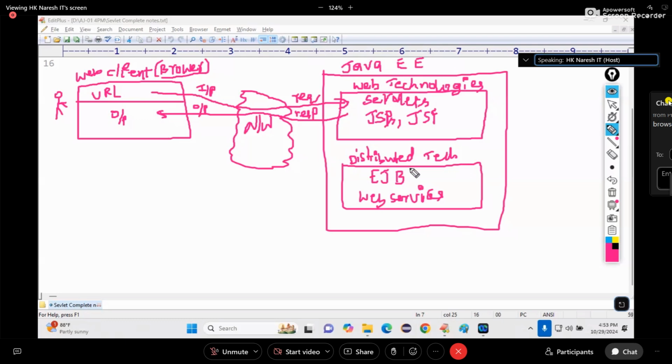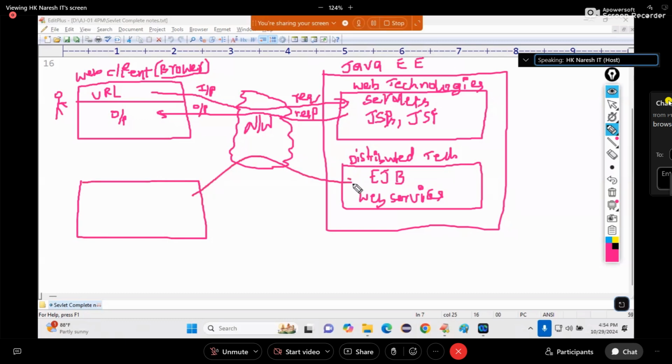Distributed means EJB is one program or project deployed in the server. This program can be accessible from a client computer, via network only. But who is this client program? This client program is not a web client or browser. It is one program. Understand? Which program is it? A Java program. This Java program is called the client program.